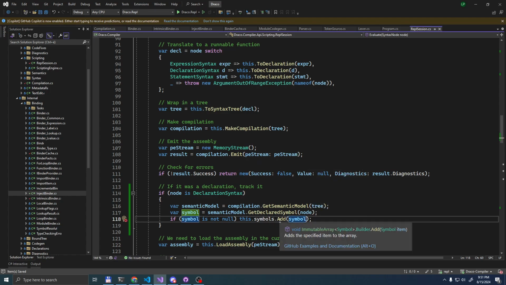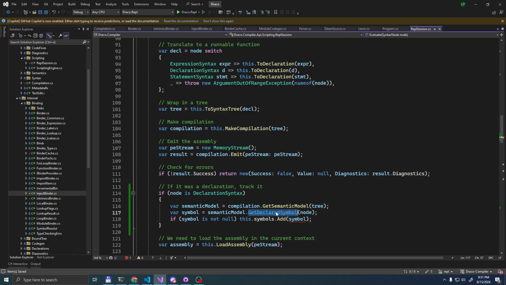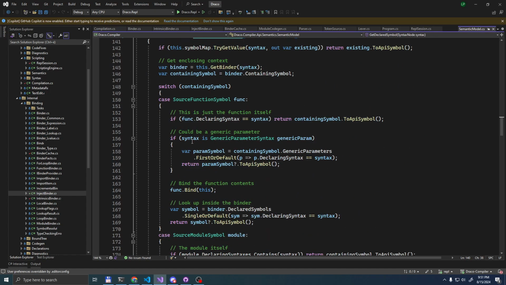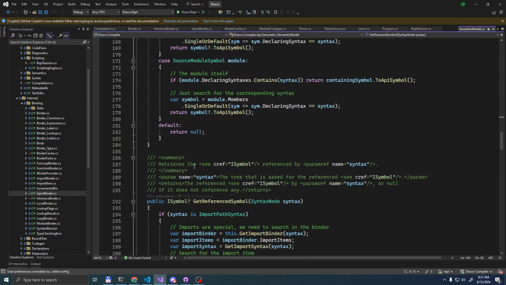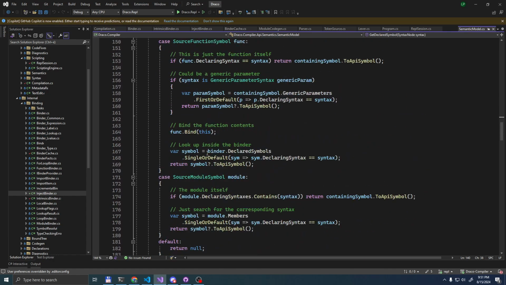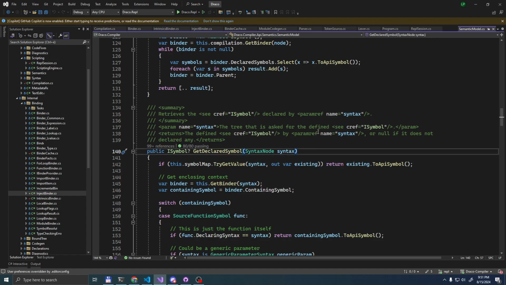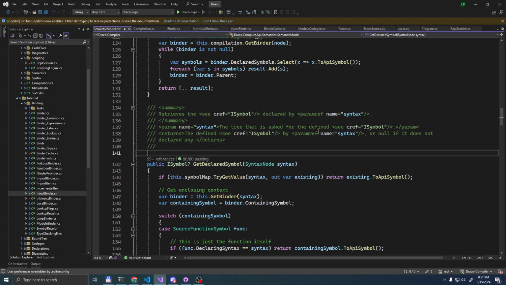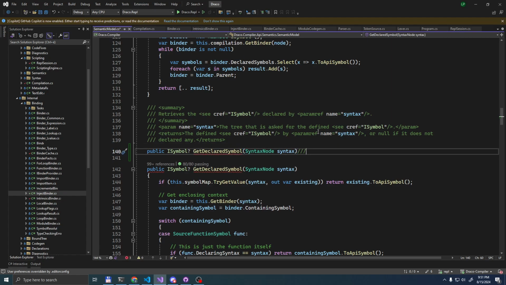Oh yeah, we need to translate it from API symbol to internal. Do we have a symbol that doesn't do that wrapping thingy? We might want to modify this API. Well, the API itself can stay the same. What we're going to do is just expose the internal one as well.